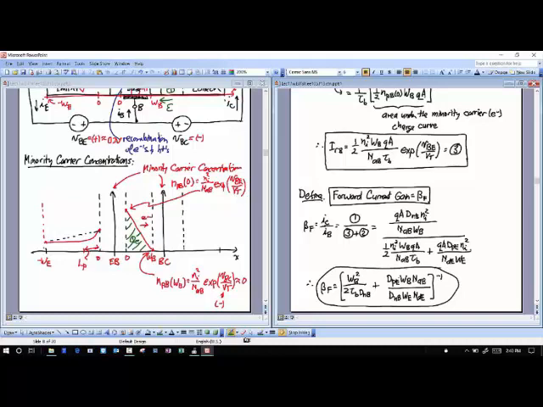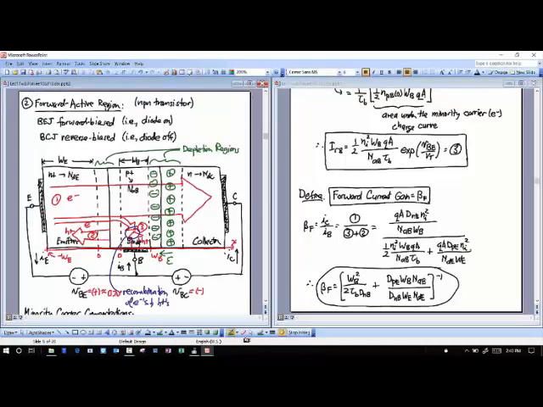Yes? Can you clarify, in the base, when you have the recombination of the electrons and the holes, how does that result in more current out of the base? Well, current doesn't come from nowhere. All of this current is coming from these supplies. So that current has to come from the supply, which means it's got to enter through the base terminal. If the electrons coming from this terminal recombine with holes in the base, the base has got to supply those holes somehow. And it's supplying them from this terminal right here. Right, so that's base current as well. All those together are base current.